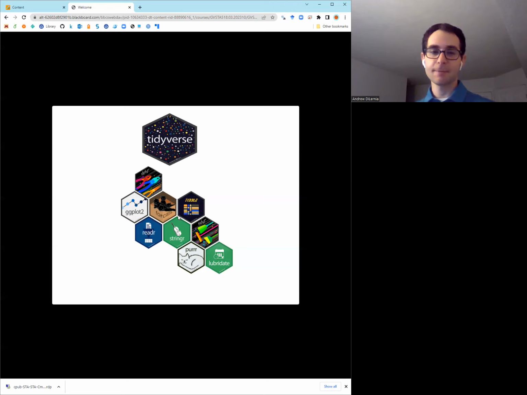The forcats package, which is helpful for working with factors in R. Factors are analogous to categorical variables, okay, or nominal variables. The tibble package, which is a package for working with data sets as well, manipulating those. The stringr package, which has a collection of tools for working with